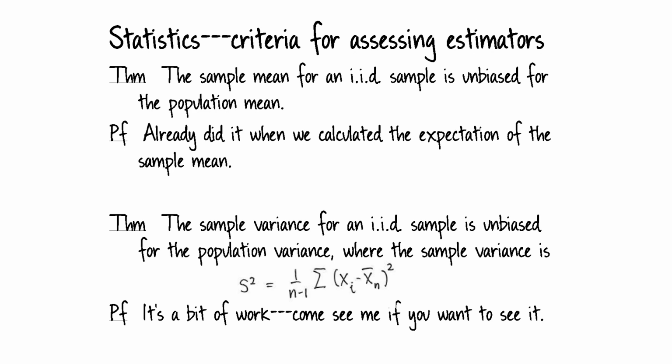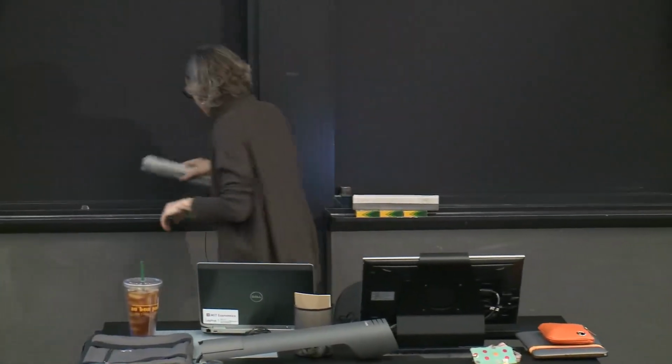Yep. Before we move on, I wanted to ask a question about this. The sample mean for an IID sample is unbiased for the population mean. Does the fact that it's unbiased mean that you're getting the actual population mean when you do the sample mean, or no? I don't think that's what's happening. No. So what it means is that the sample mean has a distribution, and the expectation of that distribution is the population mean. Okay? So